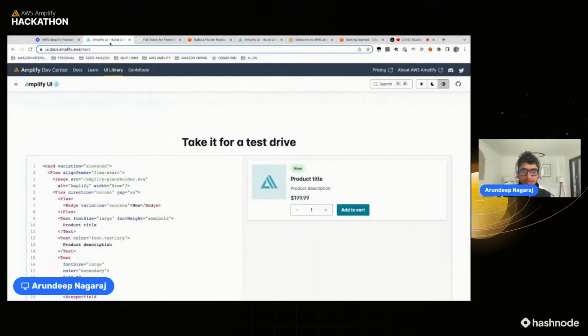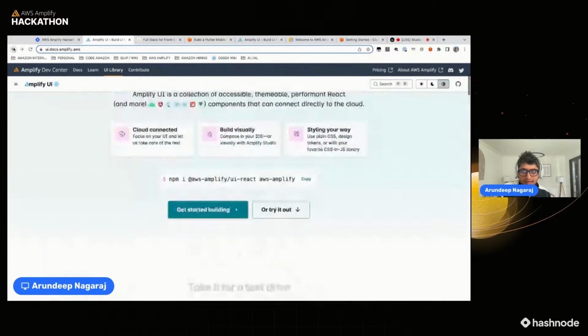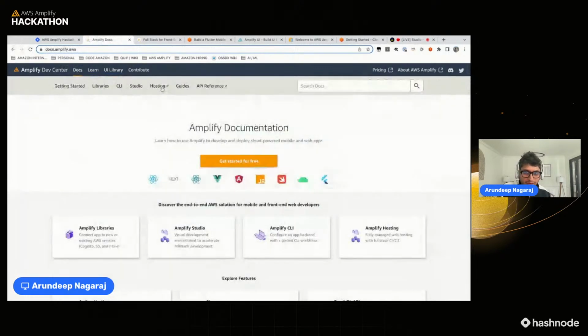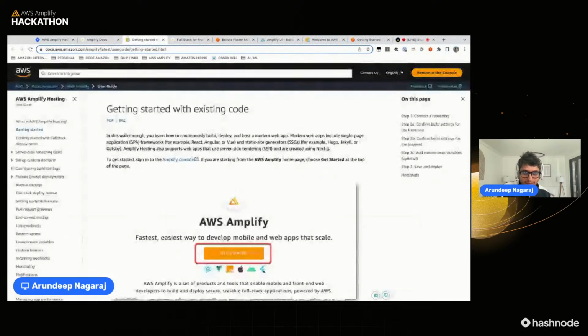And last but not the least, you also see that multiple sections of the doc site also have links to hosting, which is on the AWS corpus of our documentation site. So if you do want to host your web application, then this would be the place to get started with. Now, I have started with the documentation that exists for AWS Amplify, but in case you are new to AWS,